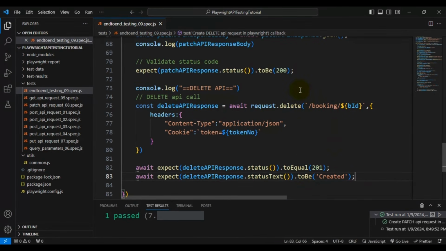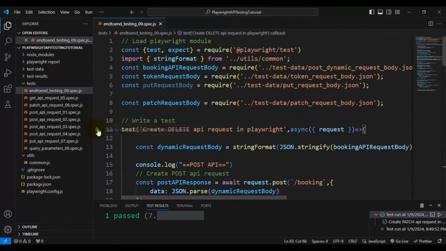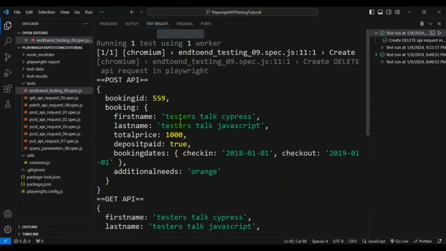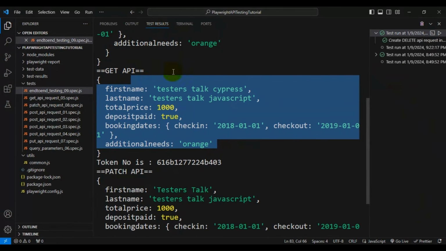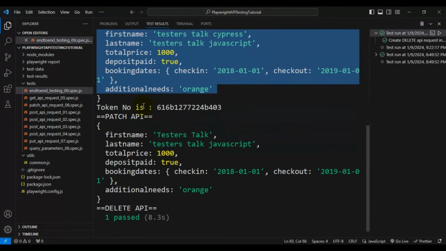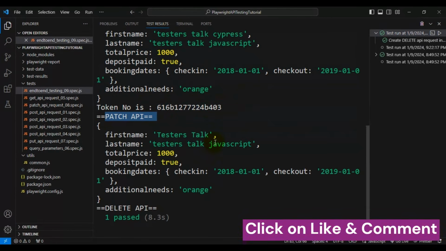Now let's run the API test and validate whether our API is working properly or not. Our test is getting passed, if you see here. Let me open the output also. We have created one booking, 559, and we are also checking whether those details are present before deleting the booking. We have generated the token, then updated the booking details, and finally